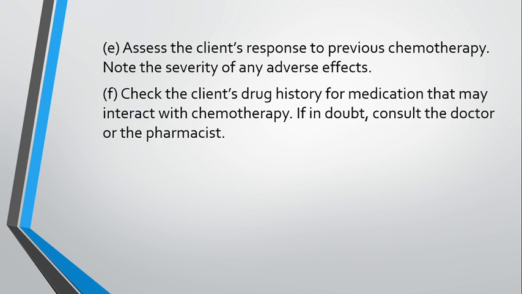In that case, sometimes the drugs the patient is taking for other illnesses will have interactions with cancer chemotherapy. To prevent these drug interactions, you have to inquire about the current medications he is already on, and you have to